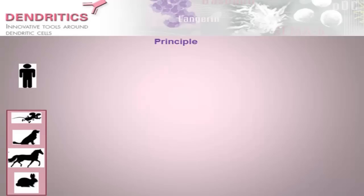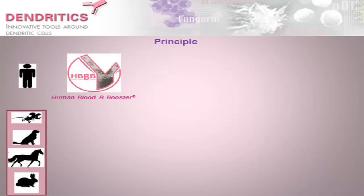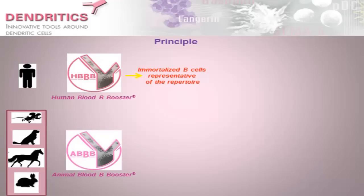The principle consists in obtaining the biological sample of interest. Human samples are processed through the human blood B booster kit, to obtain polyclonal B-cell populations representative of the global repertoire. The animal kit can be used for various species and permits the obtention of activated B cells representative of the